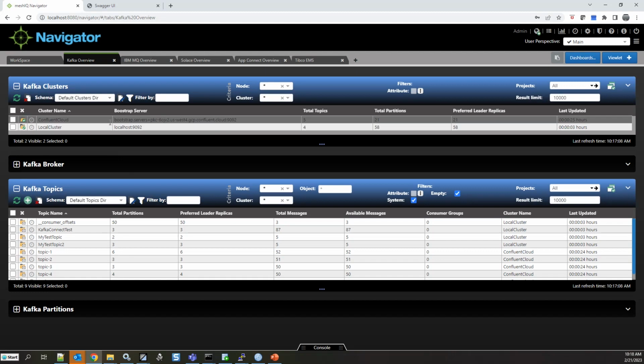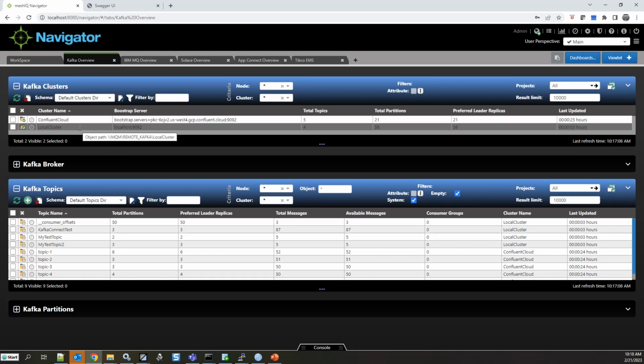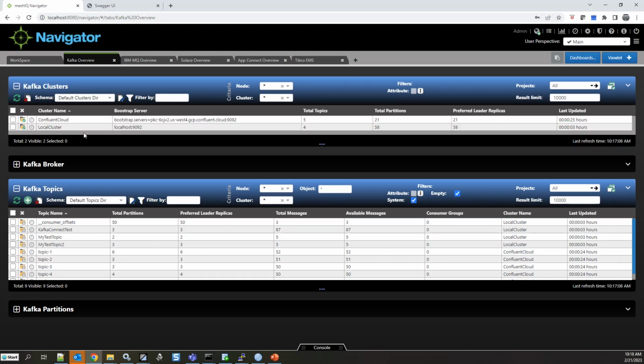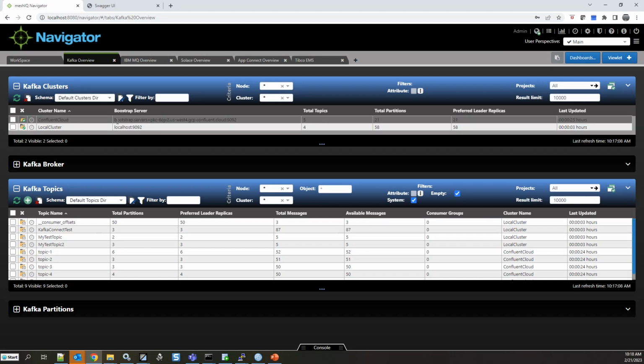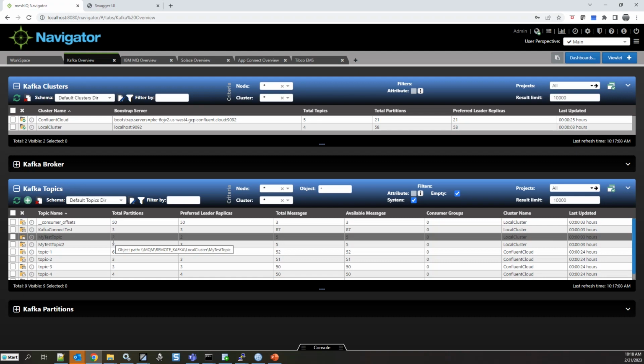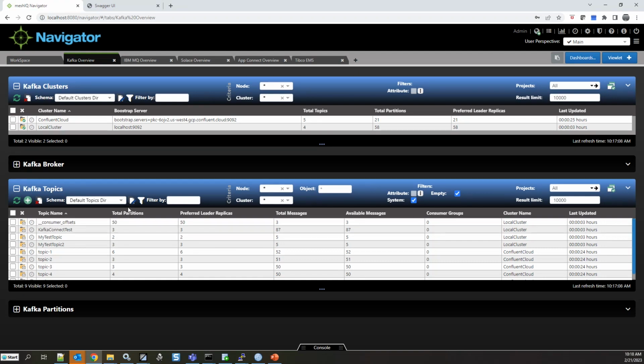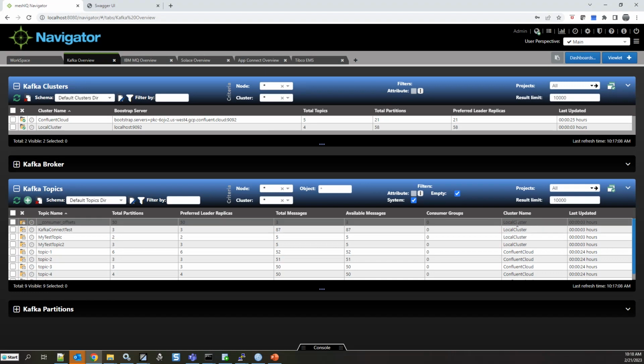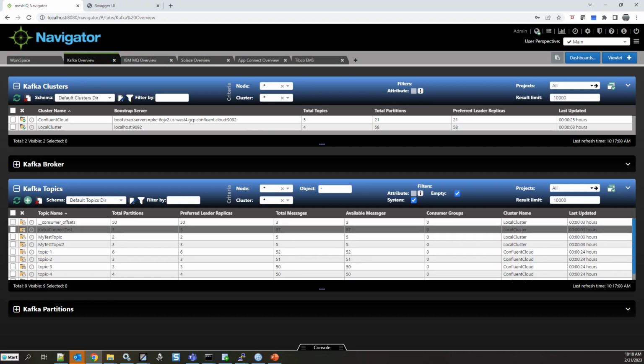You can get a list of clusters, but instead of where most tooling would have you pick a cluster, the Confluent Cloud, and drill in, if you come down here to the Kafka topics view, you'll see that in fact I have data from both my Confluent Cloud as well as from my local cluster.